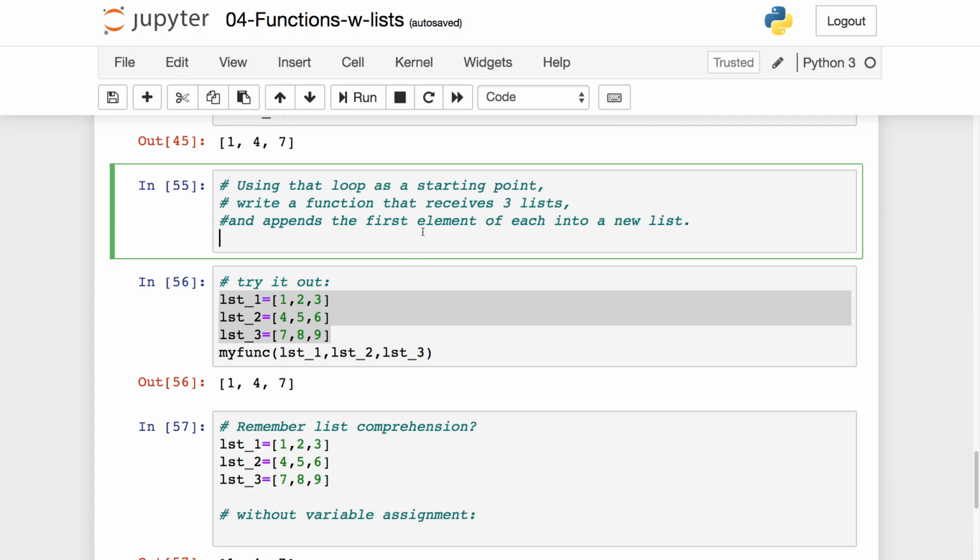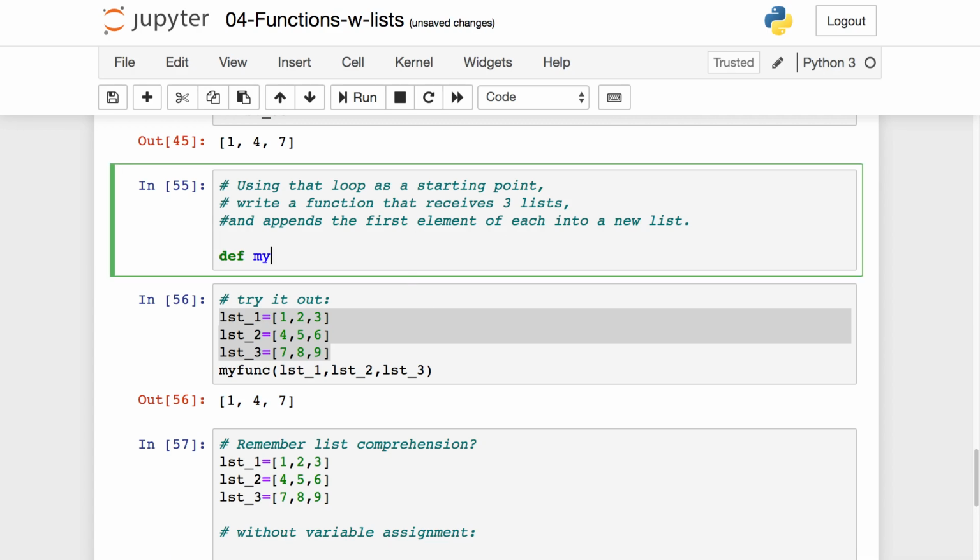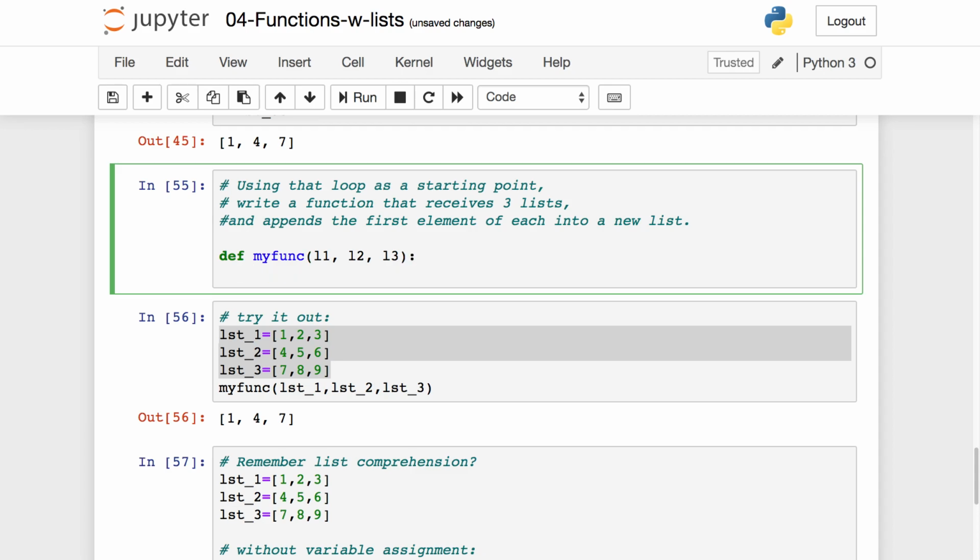Okay, so here comes the answer. We're going to define my func as receiving L1, L2, and L3. And we'll create a new list, which I'm going to call matrix. And I'll set that equal to